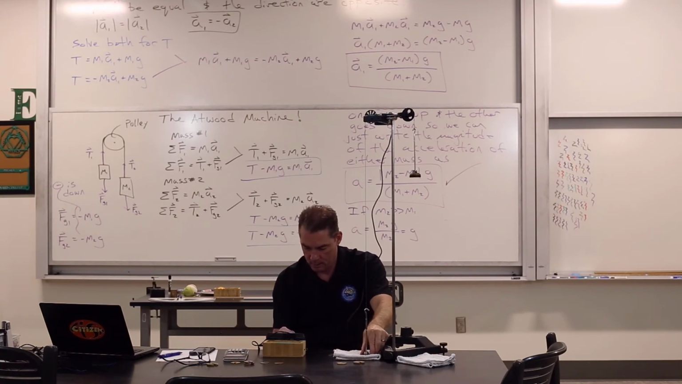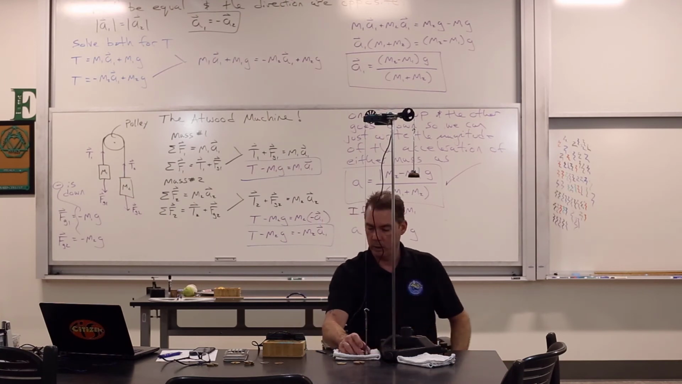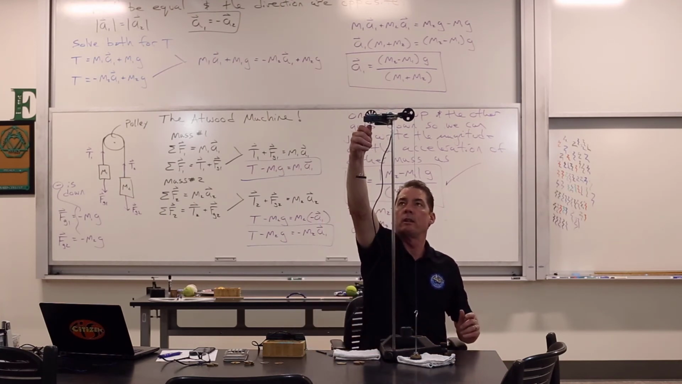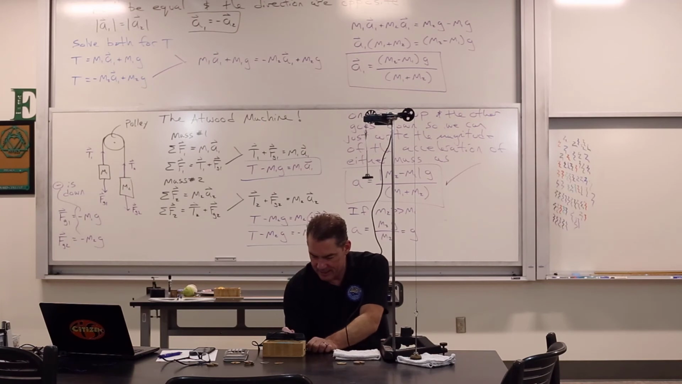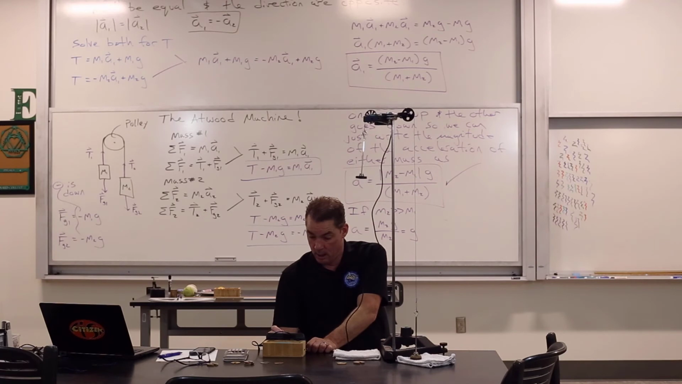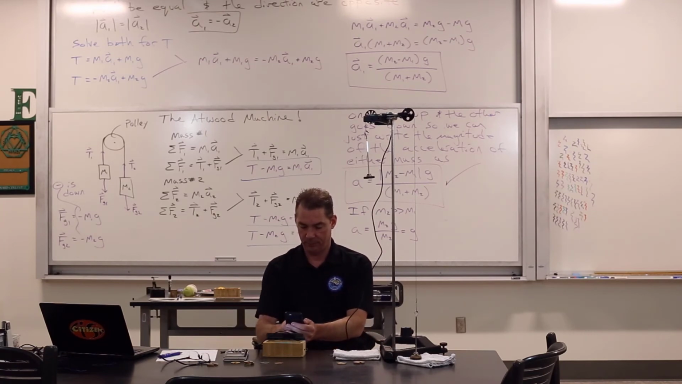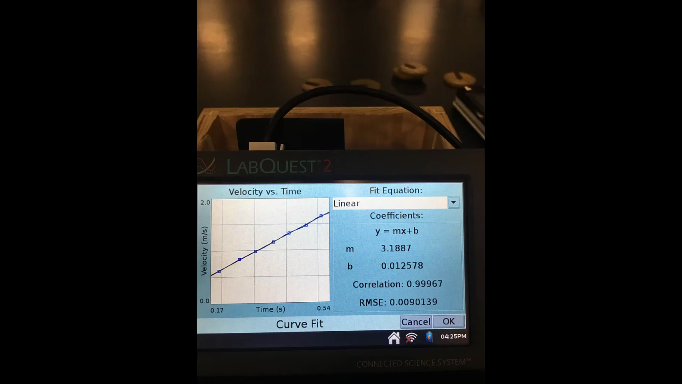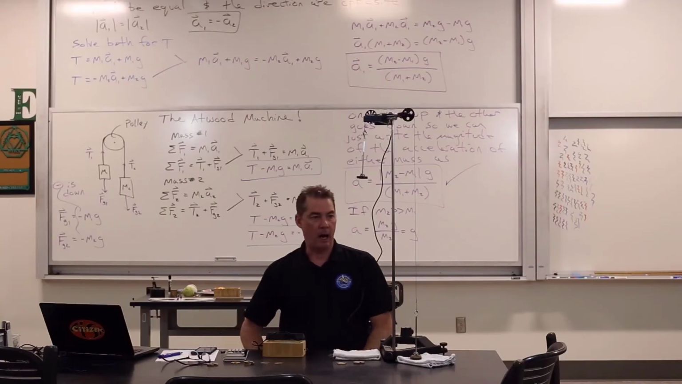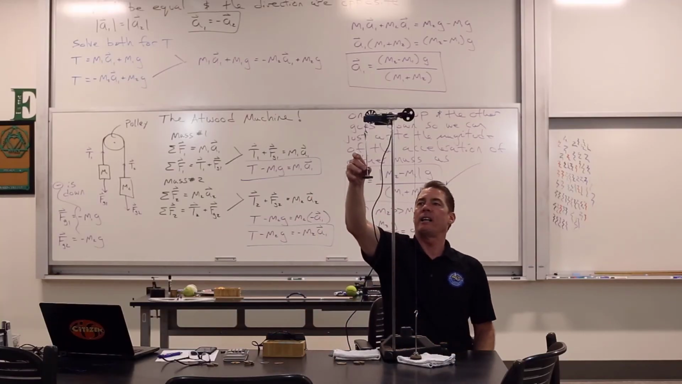Get our data. 1, 2, 3, go. Fantastic. Nice. And a linear curve fit. 3.1887. There we go. All right. I think we're on the last one here, right? We're going to do